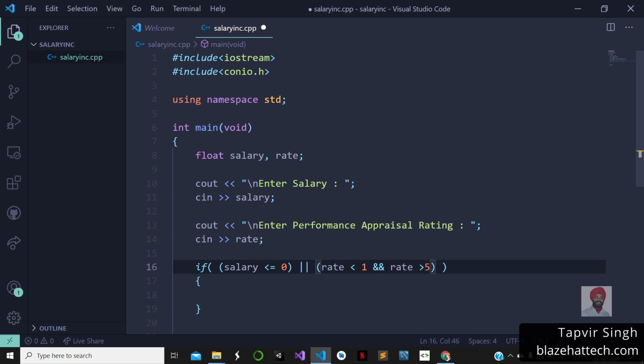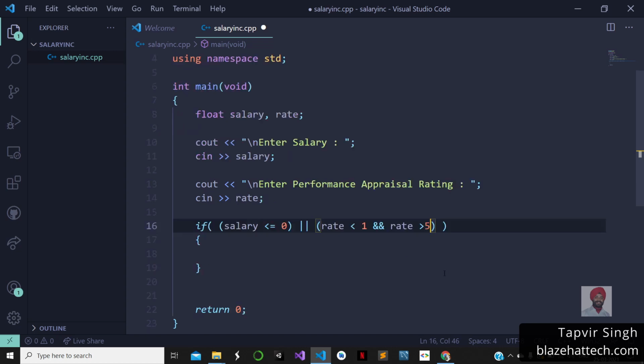So if anything is not within this range, then you should print cout invalid